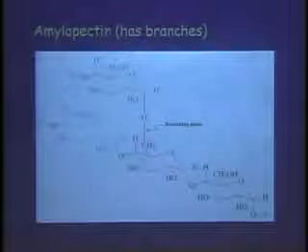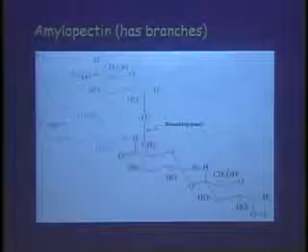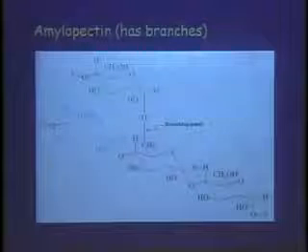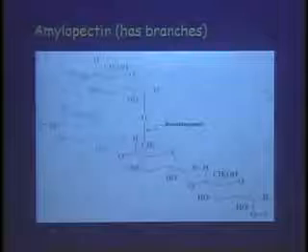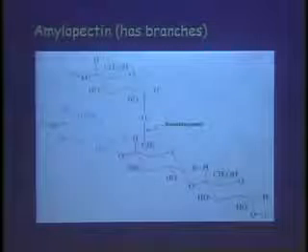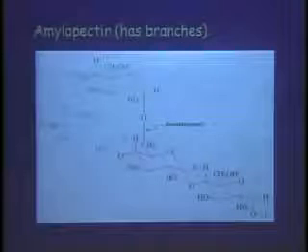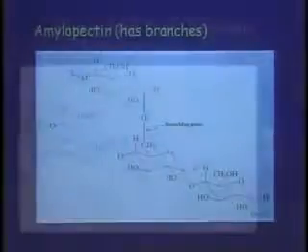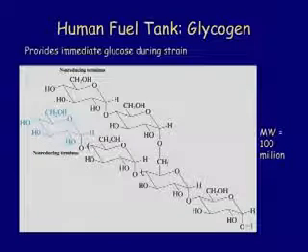Look at the simple case butane. Butane has two methyl groups, so if you were to be an enzyme that just prefers methyl groups, butane has two of those sites. If you make the isomer, the branched form of butane, which is the tert-butyl group with a hydrogen attached to it, it's got three methyl groups, so you have more access, if you wish. So that's amylopectin. And then the human fuel tank for immediate fuel access is called glycogen.